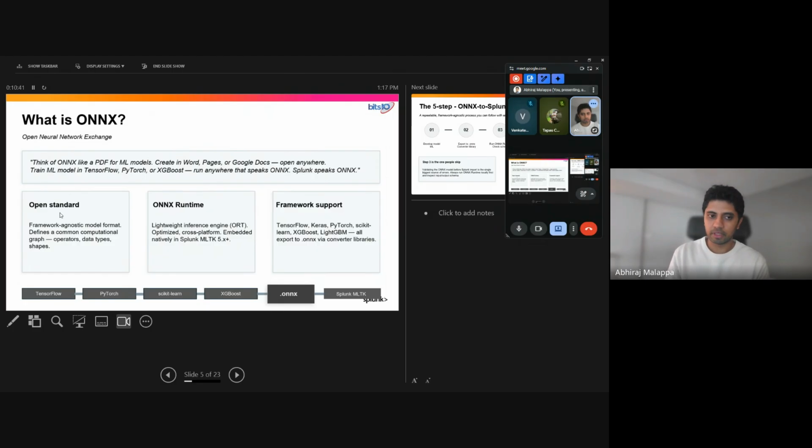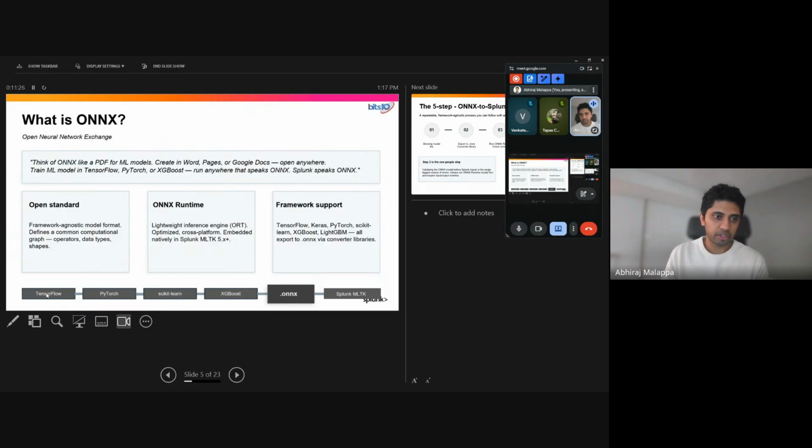And with that, what we really can do is, let's say I train my model in PyTorch outside of Splunk, and then from PyTorch, I want to move into Splunk: convert my model into Onyx format, and then bring it to Splunk. Here we can do that because Splunk's MLTK speaks Onyx and it accepts Onyx formatted files, so that this model, which is imported into Splunk, can be used like any other model that is natively available in Splunk Machine Learning Toolkit. So that's the key, and that's the ease of